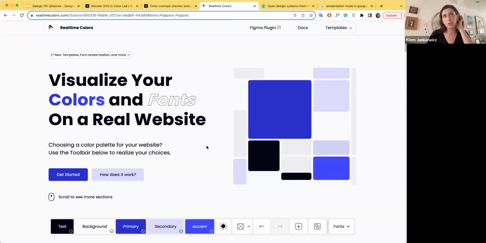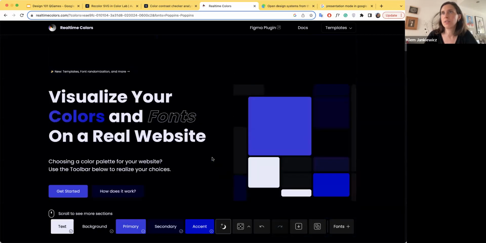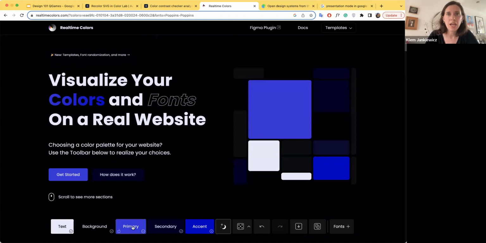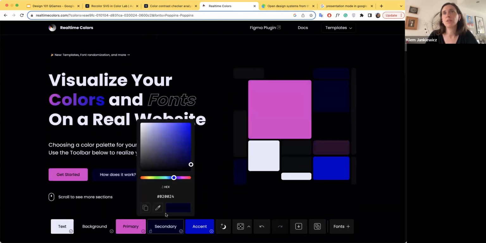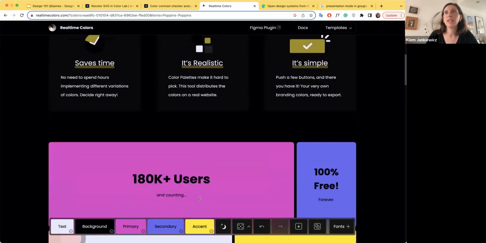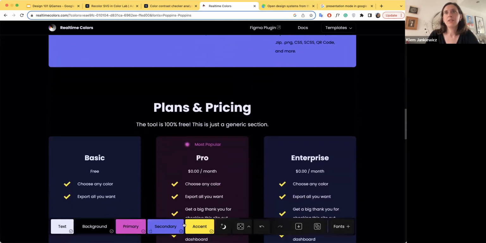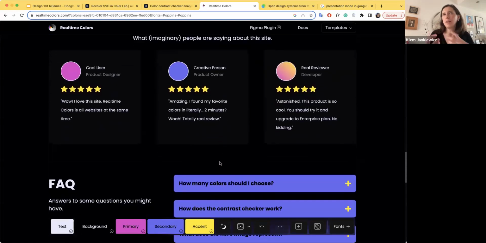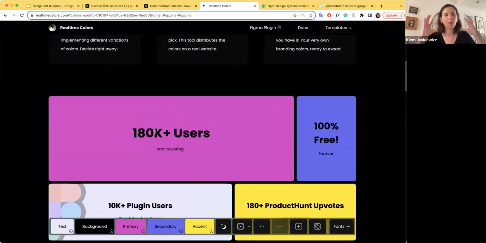And here I'll show you another tool. It's called realtimecolors.com. Again, there are a lot of things like this, but I think this works quite nicely. They have some kind of website here and a few other ones, and you can see how the colors you chose work and look together. So is it a good idea to do it like this? You can change the colors, and I think it's the most minimal thing you can do design-wise so that your project feels